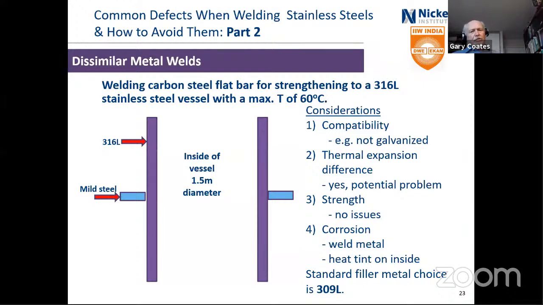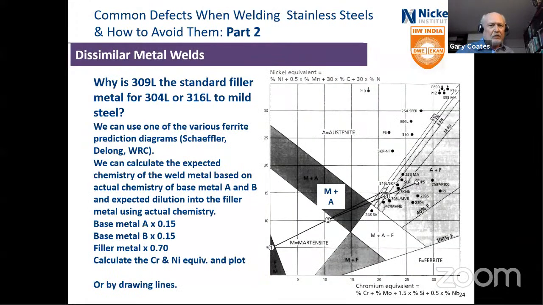But the standard filler metal choice for such dissimilar metal welds is 309L. So what I want to do is go through how we look at what is acceptable and what is not acceptable. Well, first of all, we love to use the ferrite prediction diagram, and this one